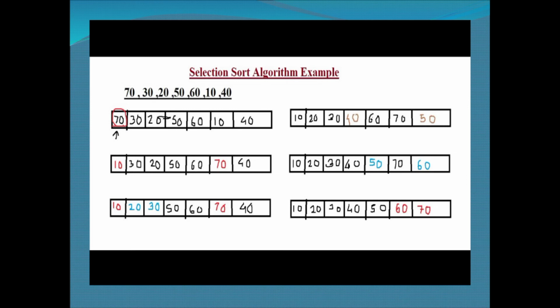Okay, see, consider this list of elements 70, 30, 20, 50, 60, 10, and 40. Here I have performed the selection sort on this list of elements. See the procedure and you perform it on your assignment also, so that you will get a clear idea of the selection sort technique. Okay,